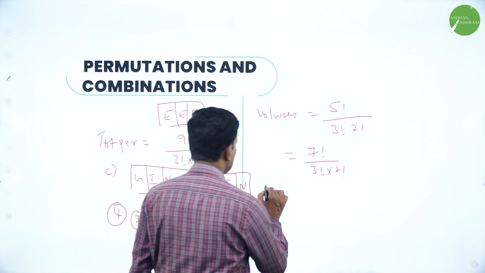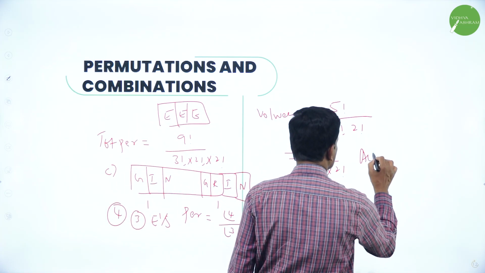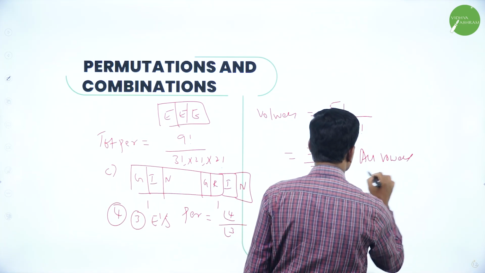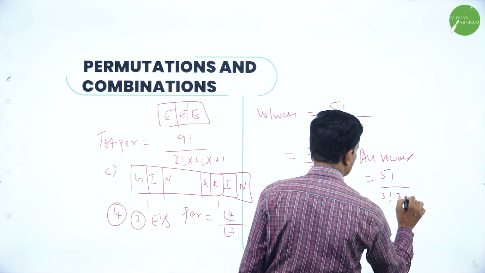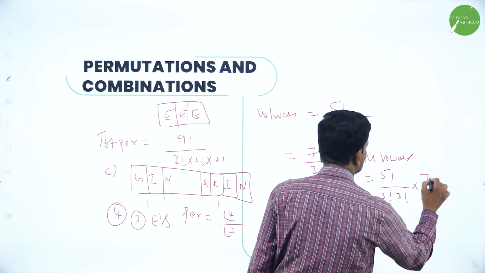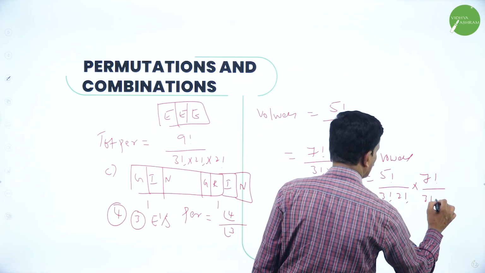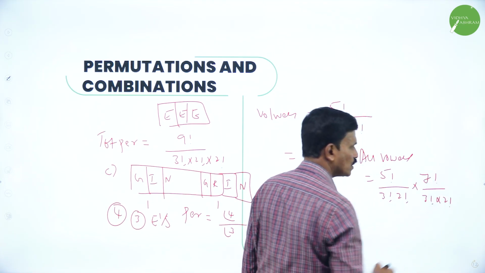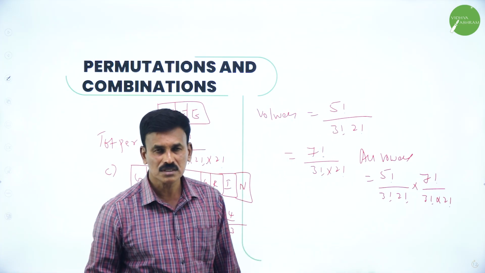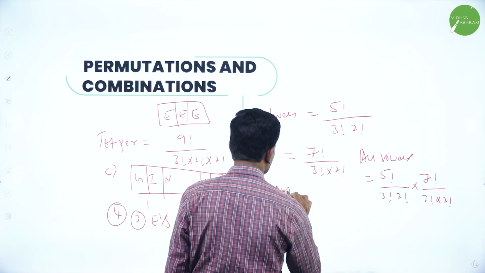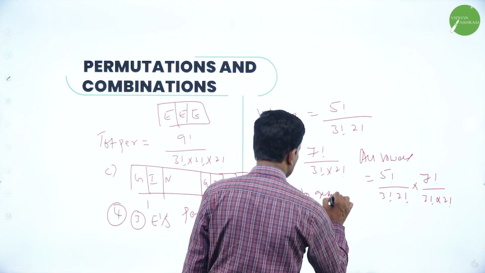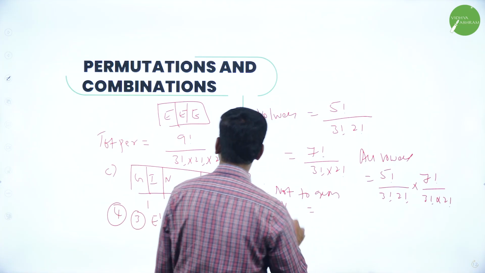So, the total permutation with all the vowels is equal to, multiply these two: 5 factorial into 3 factorial into 2 factorial into 7 factorial into 3 factorial into 2 factorial. Now, subtract these two. That's it. Now, therefore, the required permutation of all the vowels not together is equal to this